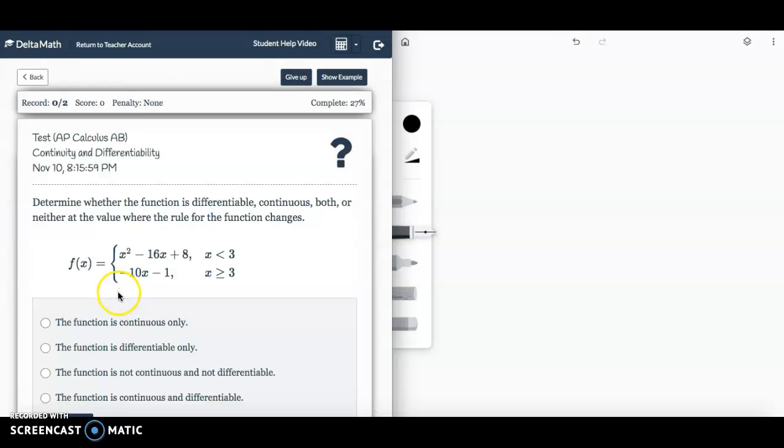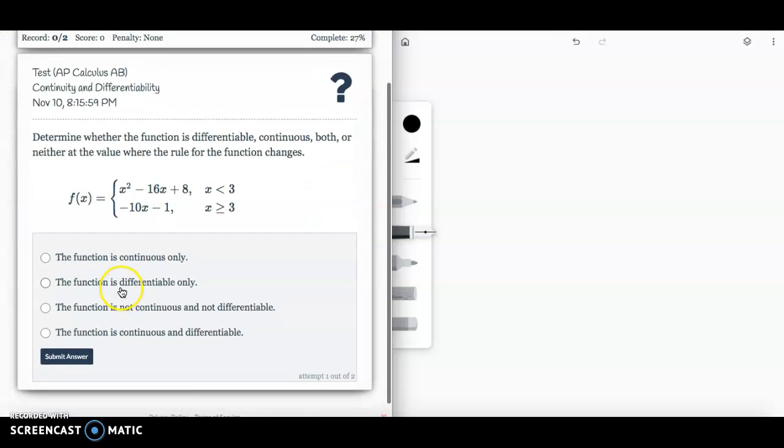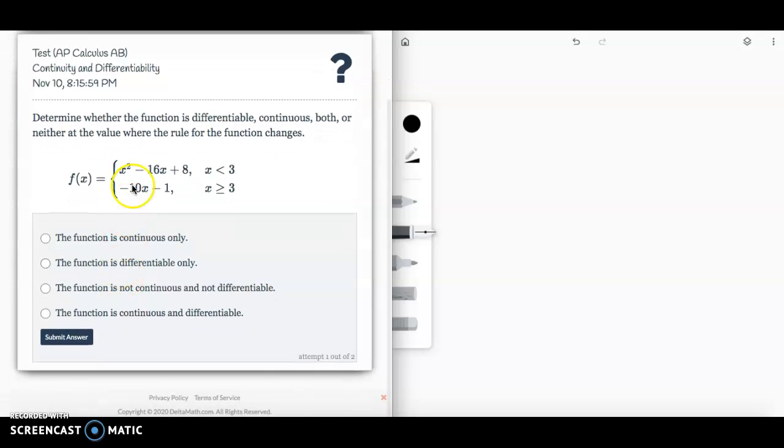Continuity and differentiability. So this is comparing these two. For these ones, you're going to have to determine whether the function is differentiable, continuous, both, or neither at the value where the rule for the function changes. I usually check continuity first because if it's not continuous, then there's no way it's going to be differentiable. So if I find f of 3,